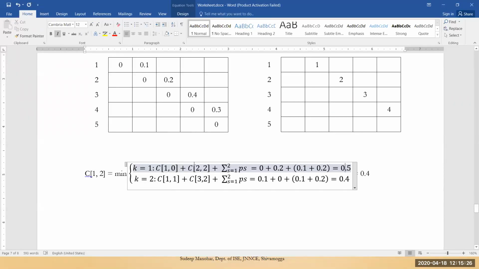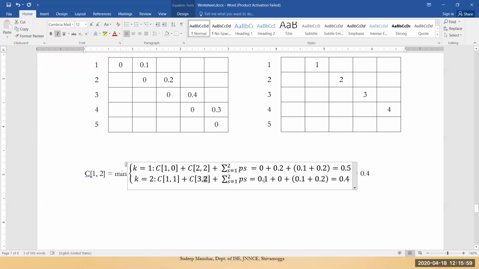Okay. Next, similarly, you should do for k equal to 2. 1 remains as it is. 2 minus 1. So this is i comma k minus 1. K is 2, so k minus 1 is 1. C of 1 comma 1. Next, k plus 1 to j. K is 2, so k plus 1 is 3. And j is 2. Okay. Next, this remains same because i and j values don't change here. It is 1 to 2 itself. That means the same 0.1 plus 0.2 will be repeated.